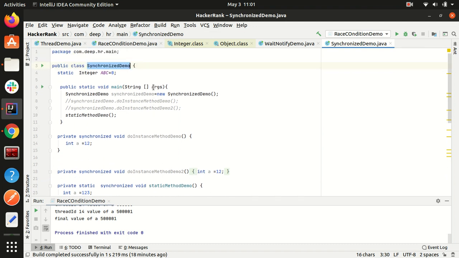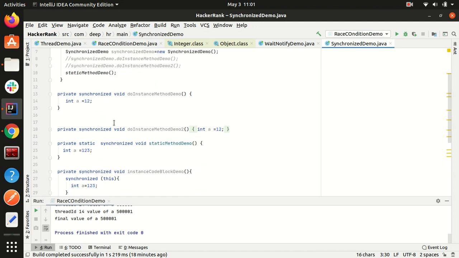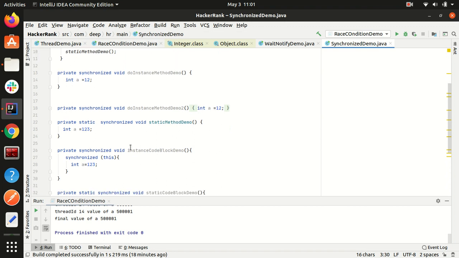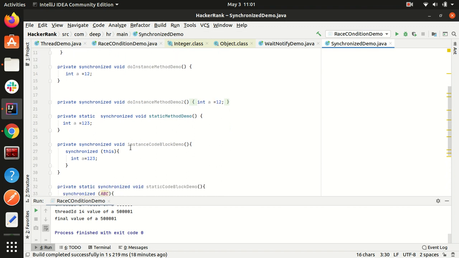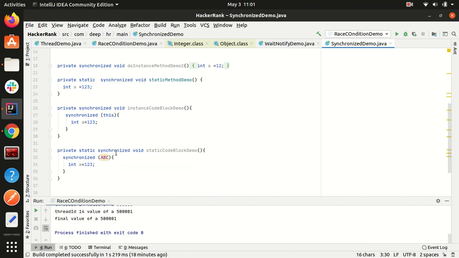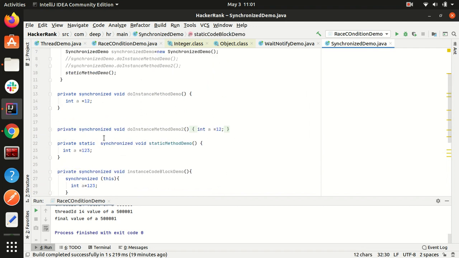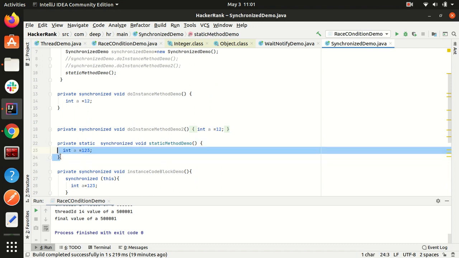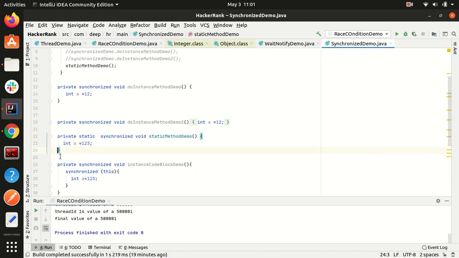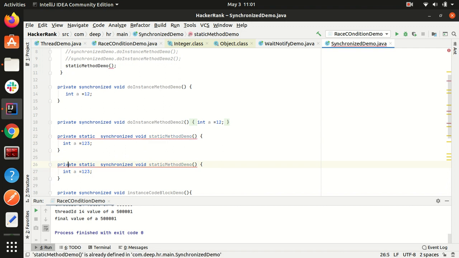Now as you know, for each and every class inside the JVM there is only one class object. So the same problem occurs in the static method synchronized keyword usage as well. If you have a second static method where again the static synchronized keyword is used, you will face an issue like this.